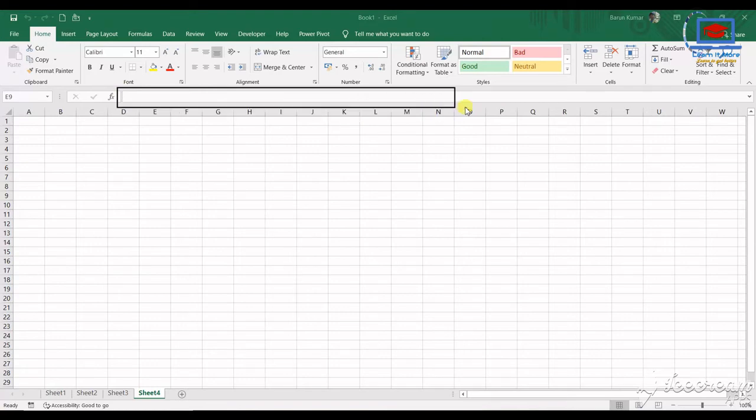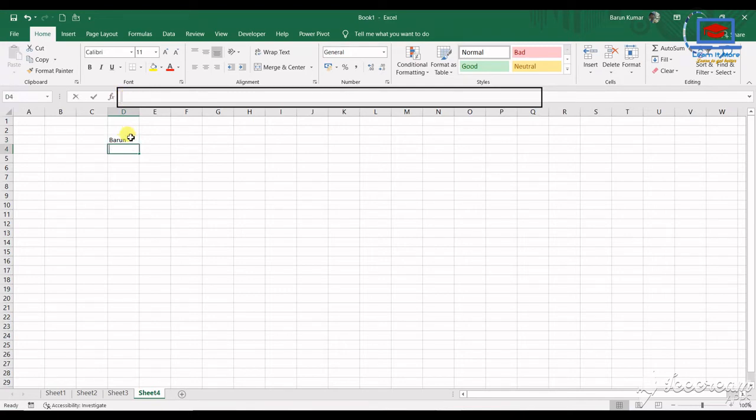Then we have this formula bar. The formula bar displays whatever is written in the selected cell. Like if I select this cell and write anything, whatever I have written here is showing here.